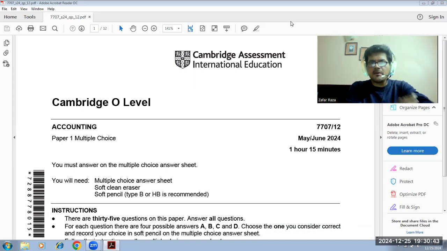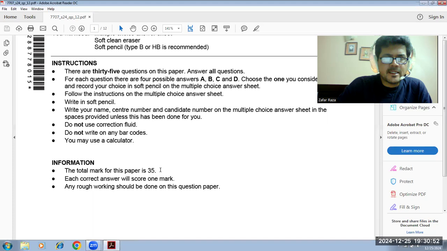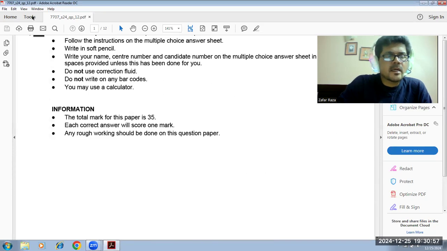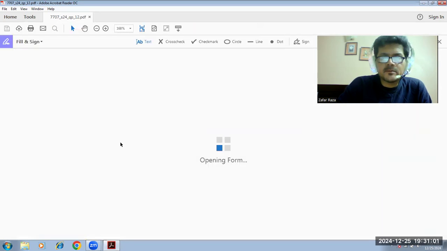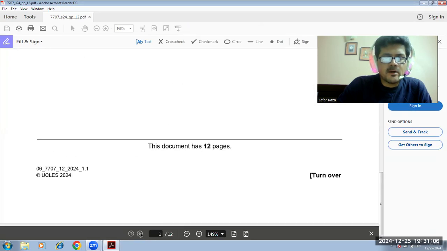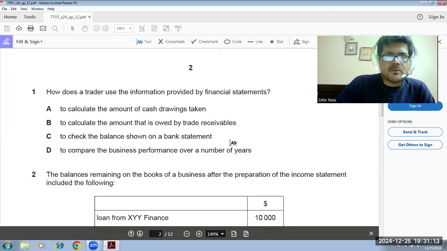And this is our paper. Today we are going to solve June 2024 O Levels, paper 12. Yes, definitely MCQs. So let's see. Now, the first MCQ. How does a trader use the information provided by financial statements to calculate the amount of